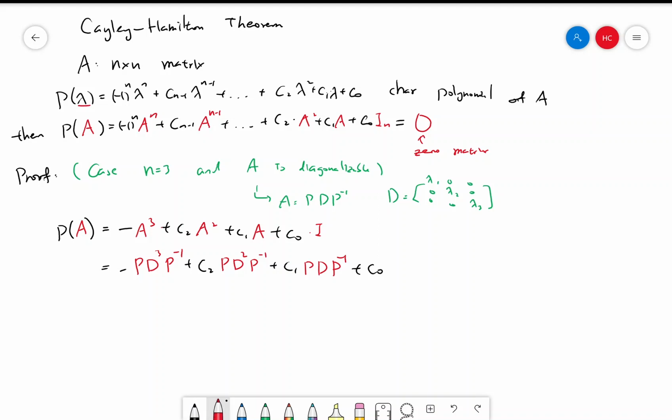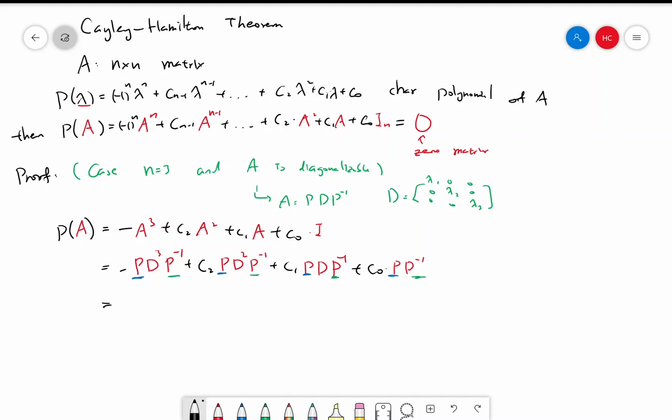We're going to use a trick here: the identity matrix is technically P times P inverse. The reason we do this is that all four terms now have P in the front and P inverse in the back,